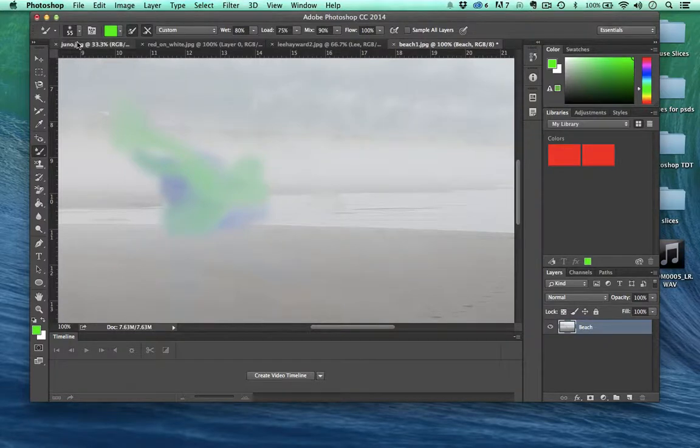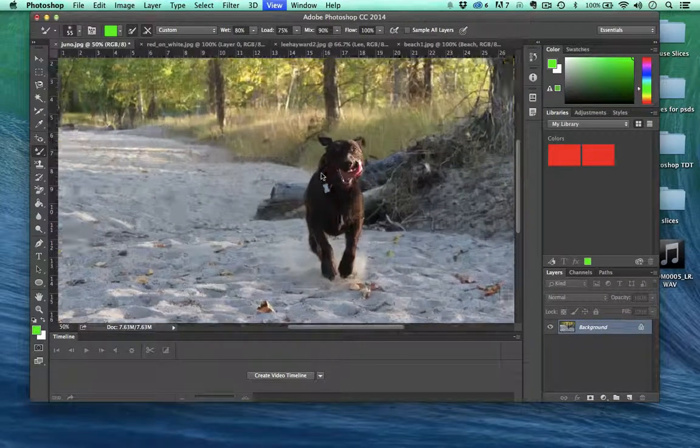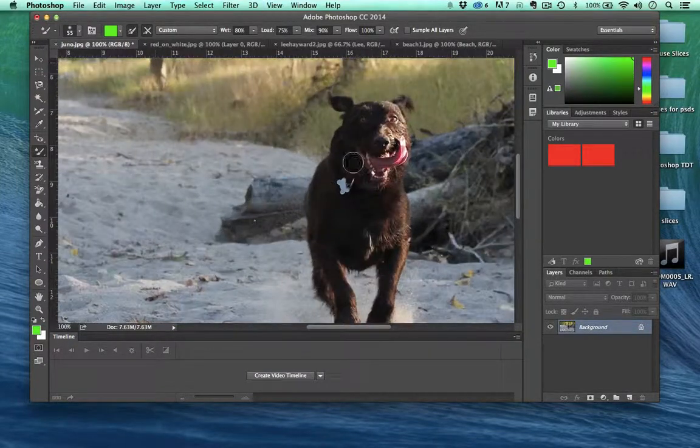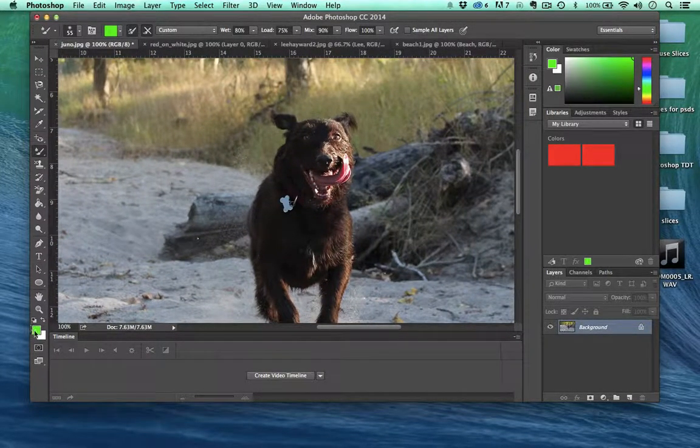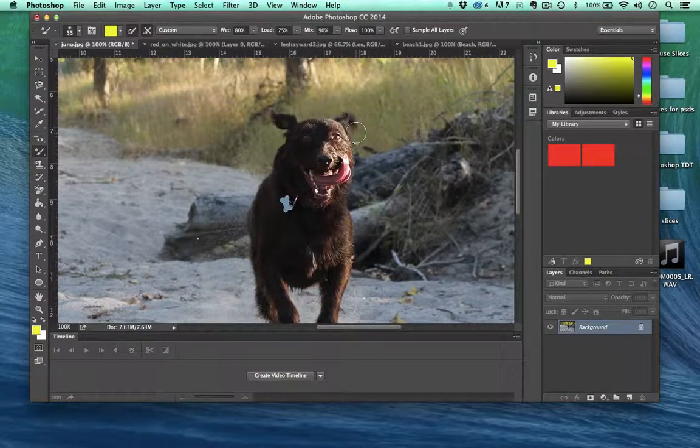Okay, if we come over here to something more extreme like Juno, all right, and get right up on her silly face, we'll pick a different color again, like yellow. And it's like you have paint, but this paint is wet, and you're just kind of mixing it all together, okay? All right. So that's how you use this tool. Let's see. Moving on down,